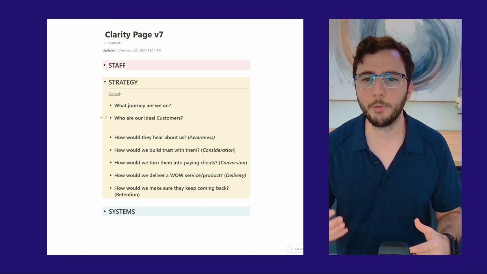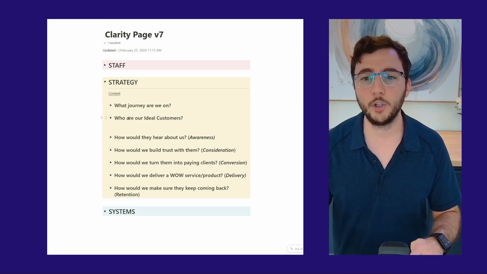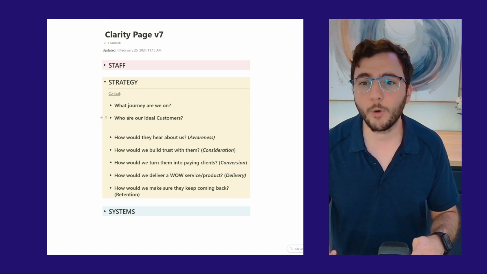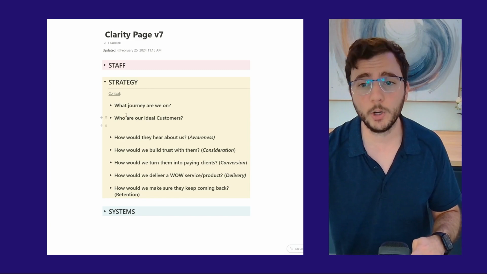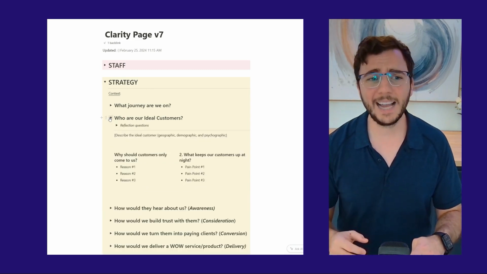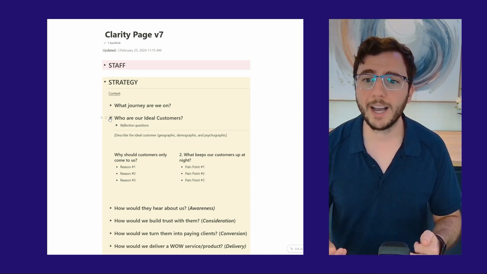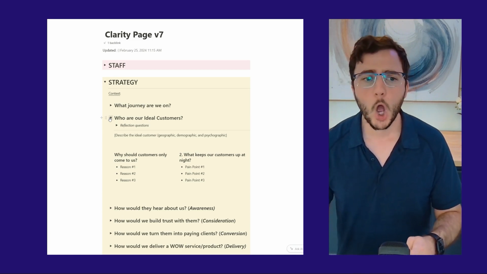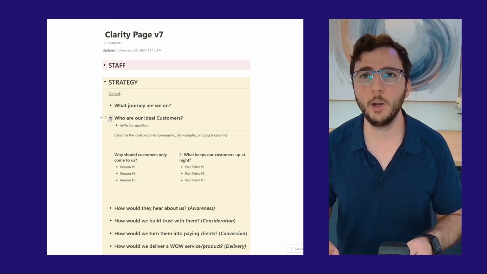You have to really solve a problem that people care about. And you cannot decide on your strategy unless you really understand who you're trying to solve for and who's your real client. So that's what that second question is trying to answer. And inside this, you'll see we're trying to articulate who is our ideal customer, and we'll talk about how we do this at a later time. Why would they only come to us, which is our differentiation? EOS calls it the three uniques, but it's really what makes us special.